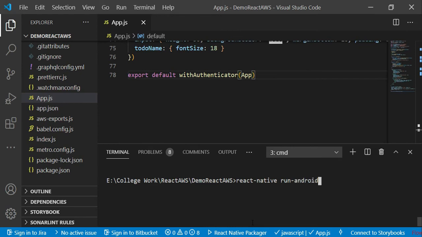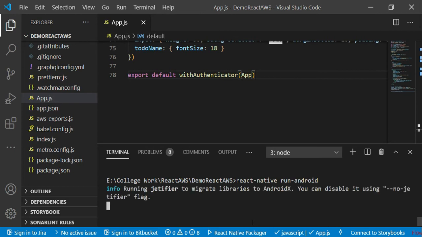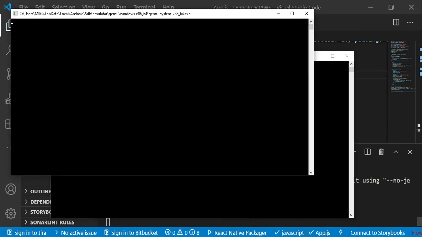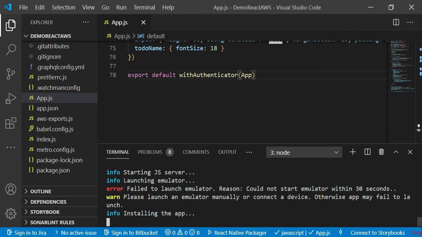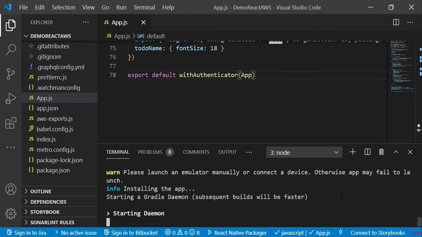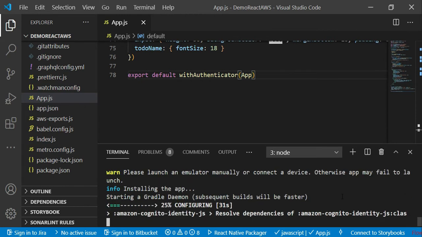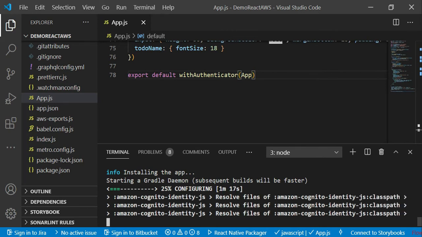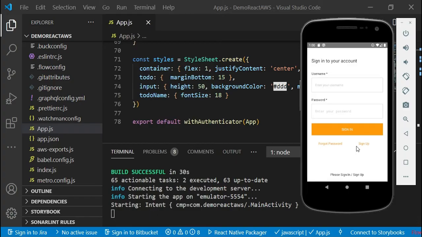Press enter. Okay, so here we have got the output of our code.